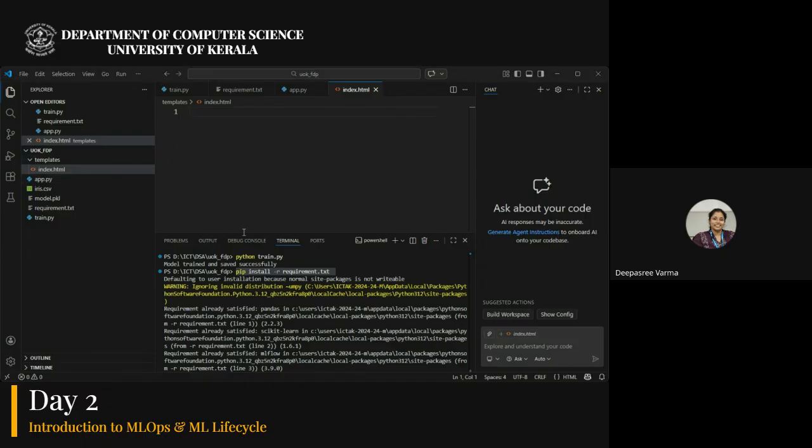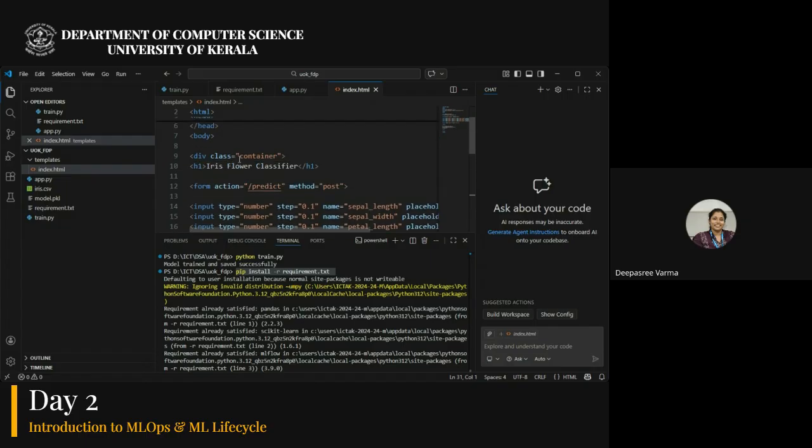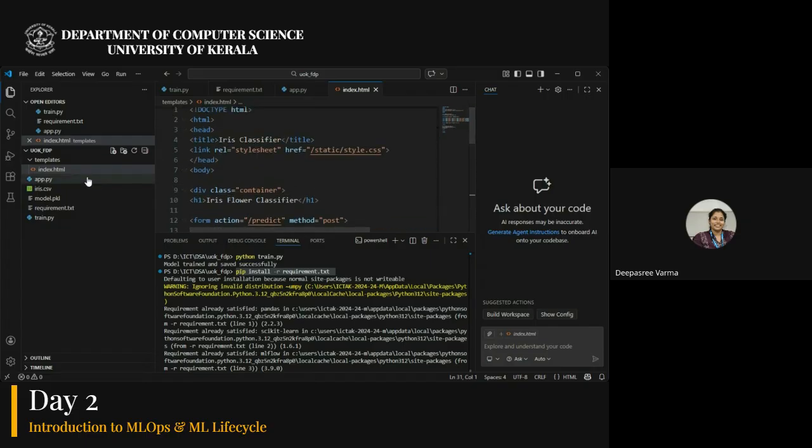You can see in our Colab file, index.html is given next. You can just copy that as well. So paste it there. So index.html is also pasted.